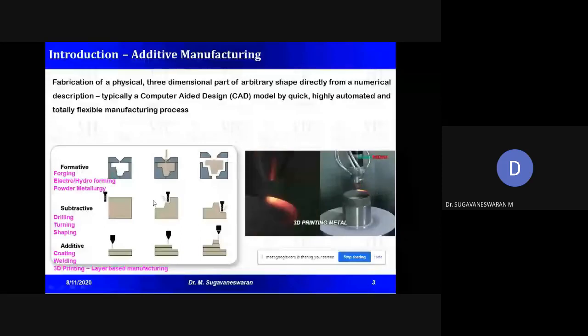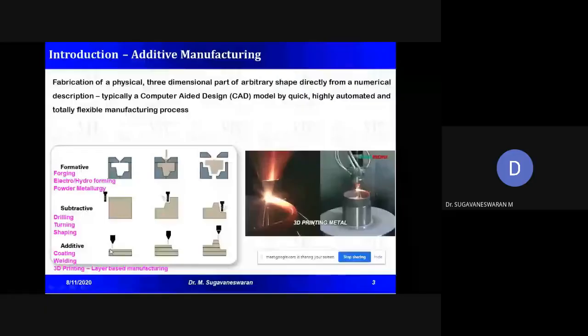The third technology is additive technology. That is, you take different thicknesses or different dimensions of a material, and you add according to the required shape. An example is welding. So any manufacturing process,